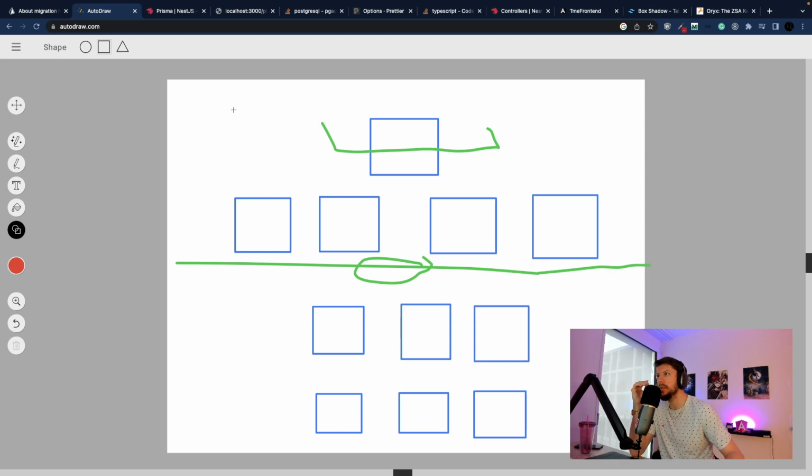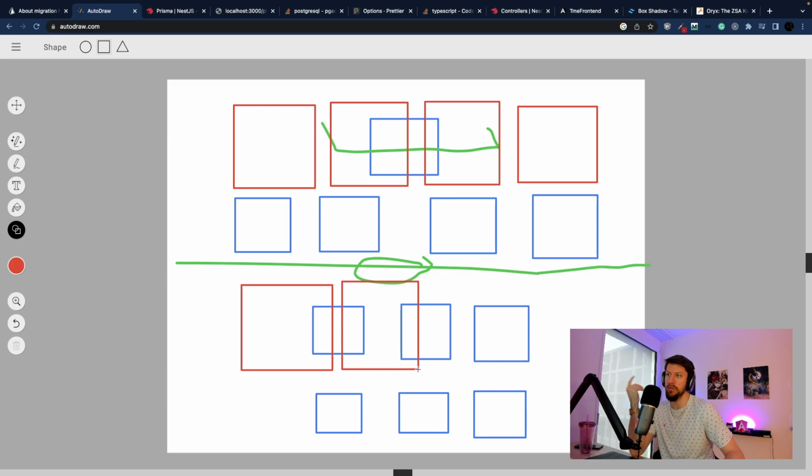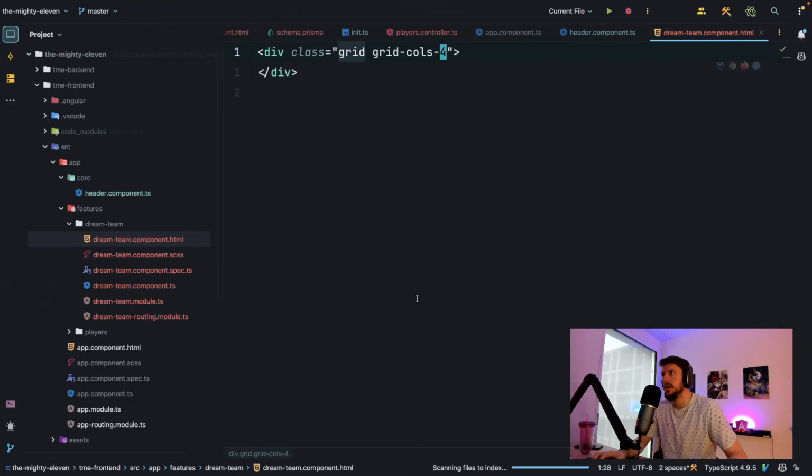So it should be a grid, like 1, 2. This will go over 2 grids, right? So that we can place it in the middle. But basically the idea is that we have a 4-column grid. And this one will then just go over 2. And down here, let's see. But yeah, we will have 4, 4, right? So 4 columns